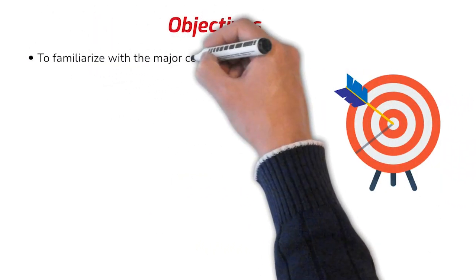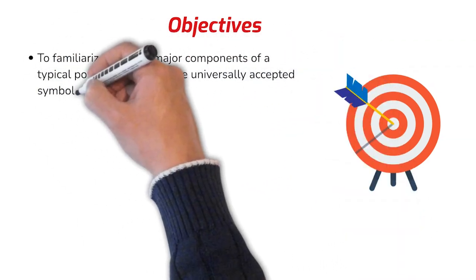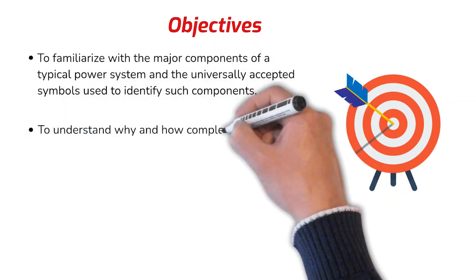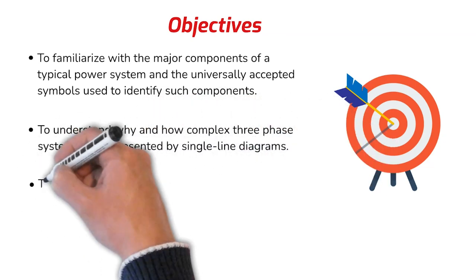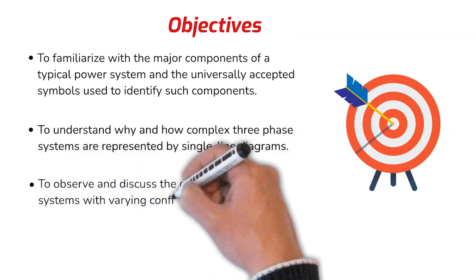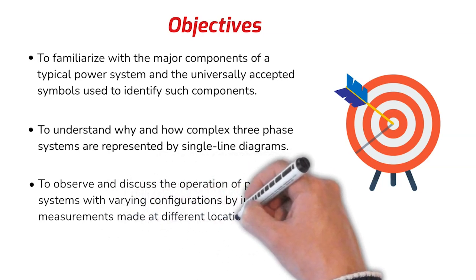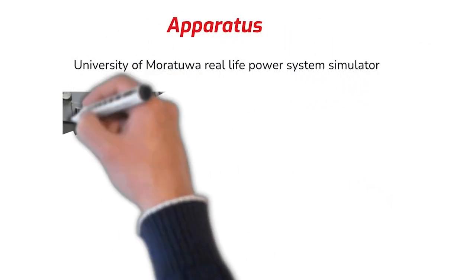Objectives of this practical are to familiarize with the major components of a typical power system and universally accepted symbols used to identify such components, to understand why and how complex three-phase systems are represented by single line diagrams, to observe and discuss the operation of power systems with varying configurations by interpreting the measurements made at different locations in the power system. In this practical, we will be using the University of Moratuwa real-life power system simulator at the